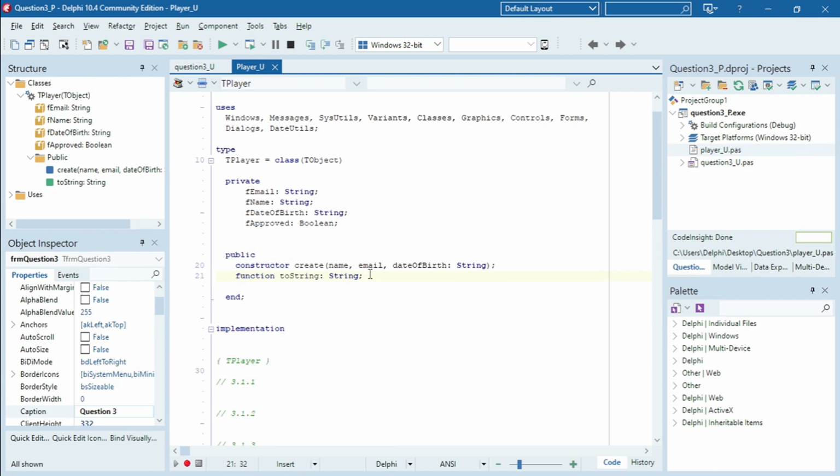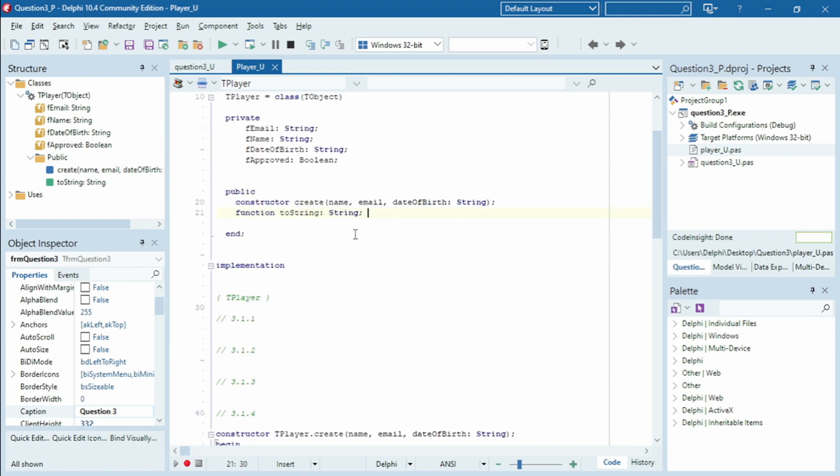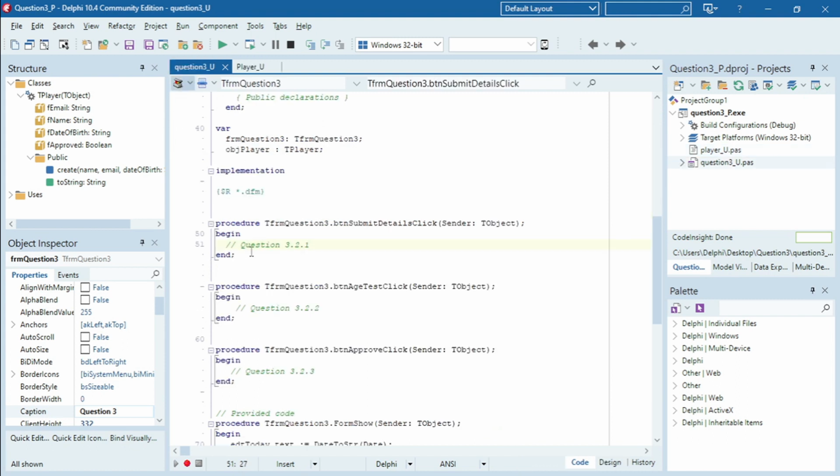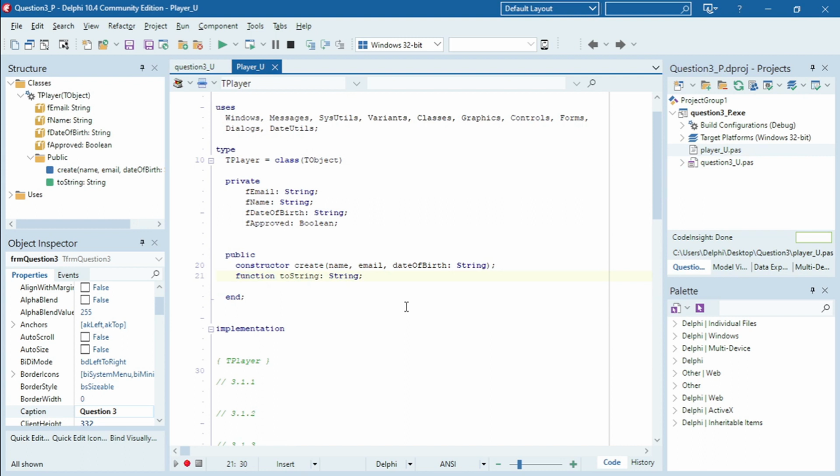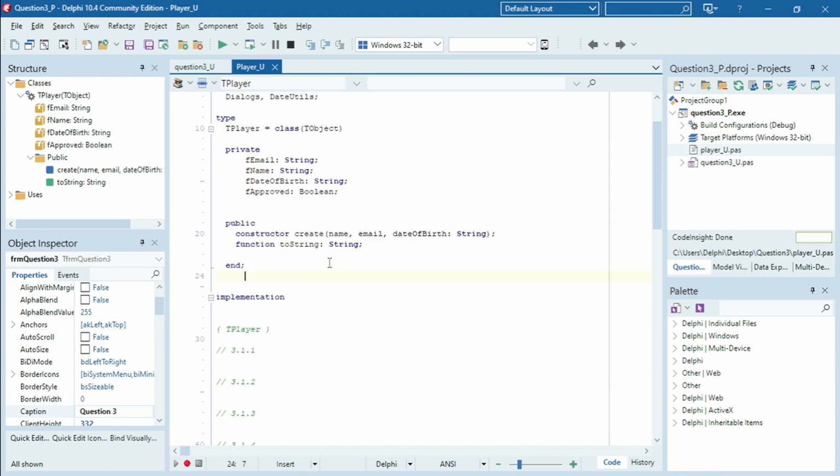Remember, they will not ask you to write a method and not use that method. So make sure that when there's a method in here, you actually call it somewhere in your program. Sometimes one method will also call another method, especially when that method is private. If a method is private, it can only be called by one of the public methods. I'm just going to make some comments over here